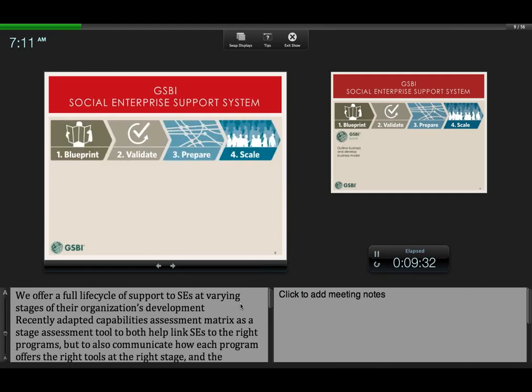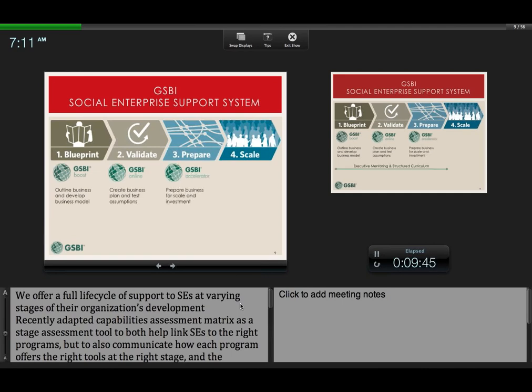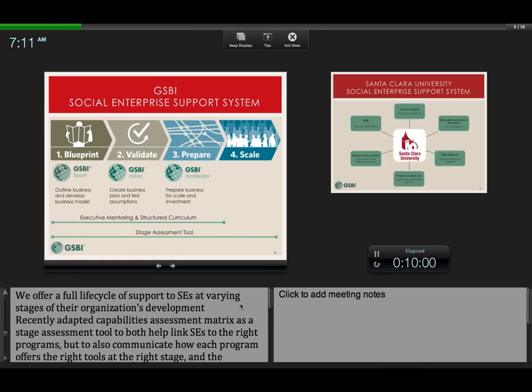Now, another way to look at what we do is through the life cycle of the social enterprise. Using Monitor's Blueprint to Scale framework, we see our programs addressing three unique stages of an entrepreneur's life cycle, with Boost being on the Blueprint stage, GSBI Online in the Validate stage, and the Accelerator on the Prepare stage. We've developed a stage assessment tool that helps us identify where social enterprises fall within this